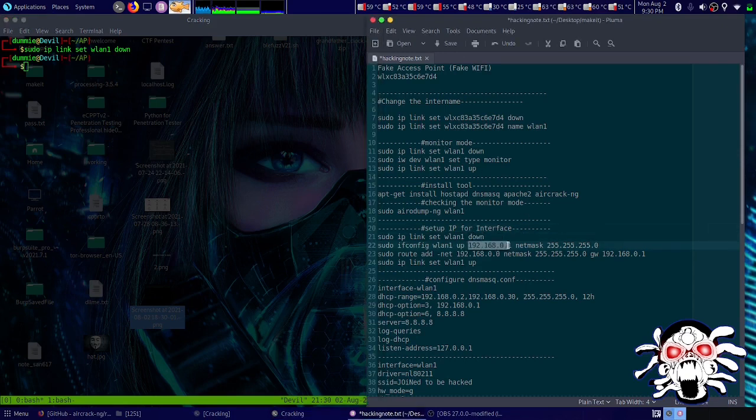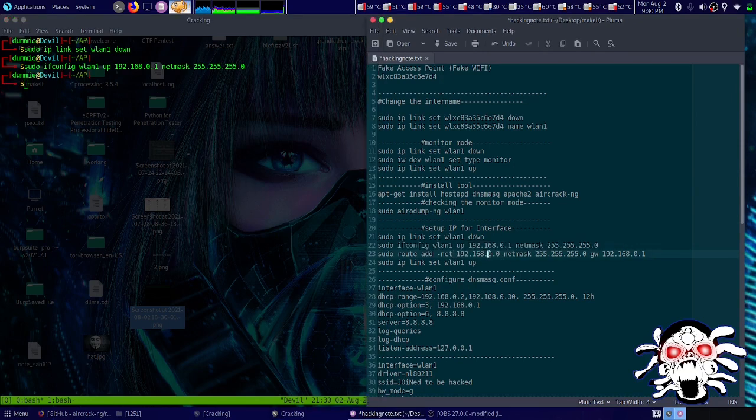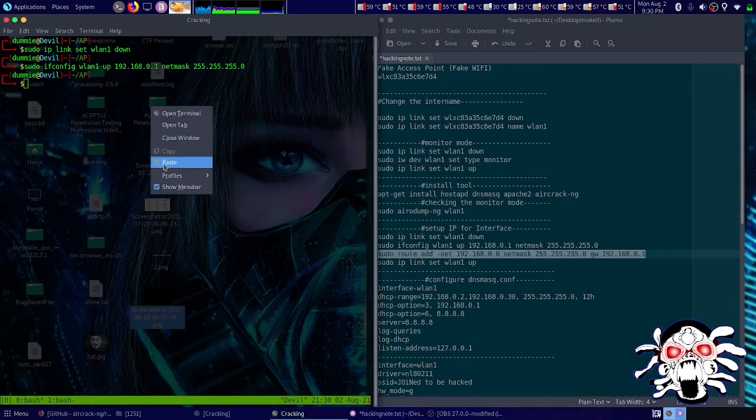We want to give a default gateway as well as the netmask. This would be the command. Let me just paste it over here, and after doing so we need to add a route. It's gonna be this, and the default gateway is this. Let me just paste it over here,